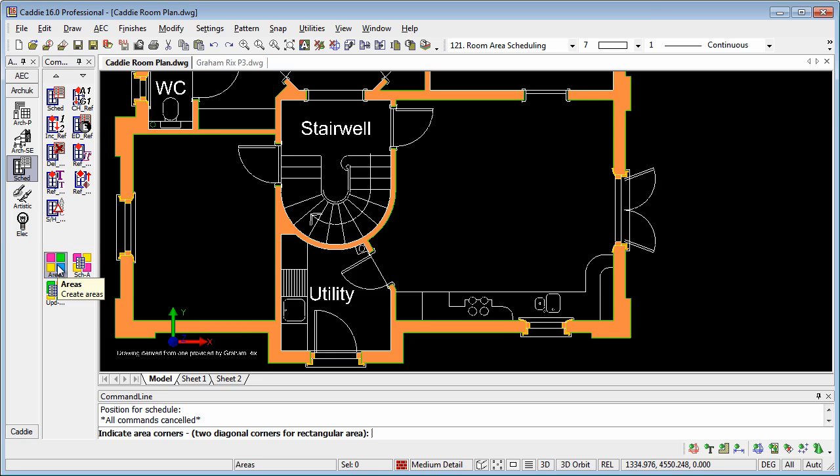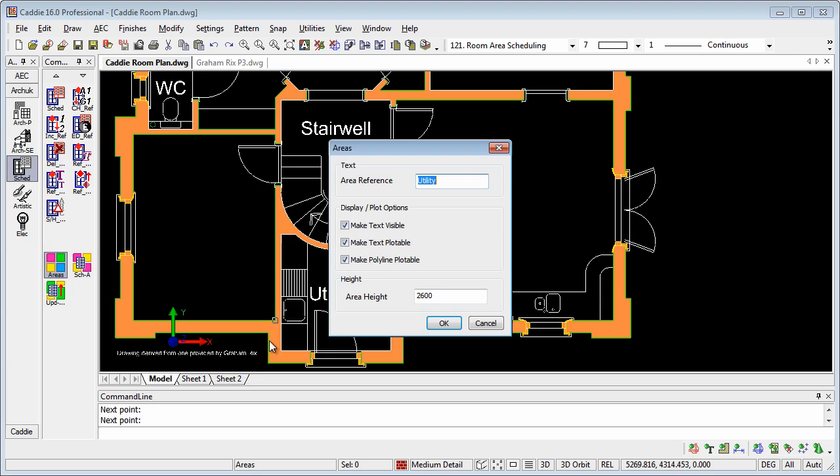So we'll go to areas. It says create an area. Indicate areas 2 diagonal corners, which means that if we're interested in a rectangular room, we can just select the diagonally opposite corners, right click option end, and that will provide the rectangle for the room. We can give the name of the area within the area reference there, so we'll call this